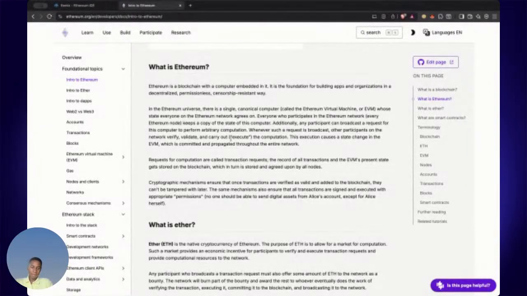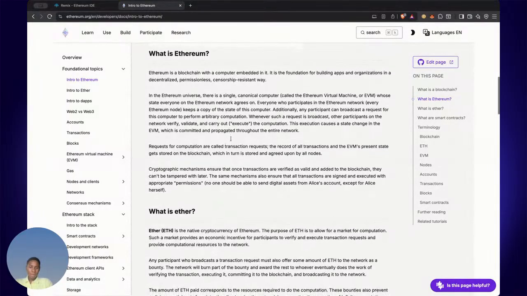To take a look at Ethereum, we first have to know what the Ethereum Virtual Machine is, which is the EVM. The EVM is a virtual machine on the Ethereum network that allows you to write your code and execute it inside that virtual machine, and it mostly deals with Solidity, which allows you to write your smart contract and execute it in the EVM.